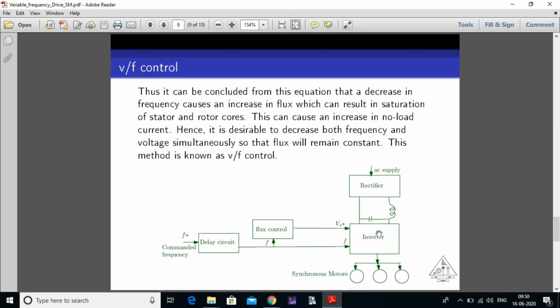And the inverter needs a DC supply as input. Either you can directly connect a DC supply to this inverter, or you can connect a rectifier to an AC circuit that will produce a DC current. Then you can connect a filter that will give you a nicely smoothed DC. That DC is given to the inverter. And the output of the inverter will be an AC of voltage Vs and frequency F. Therefore, this way we will get the desired frequency and desired voltage, and thereby V by F is constant, and by reducing the frequency we can reduce the speed. That's all.